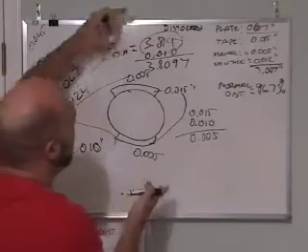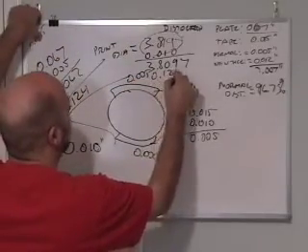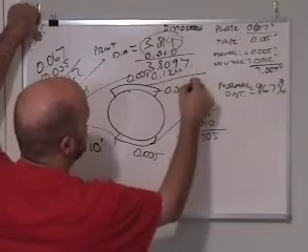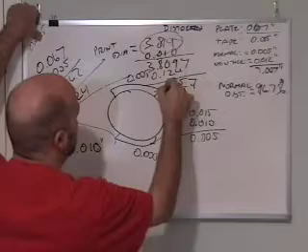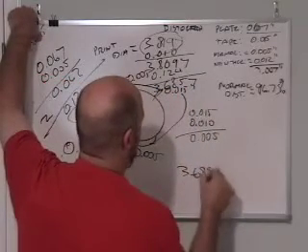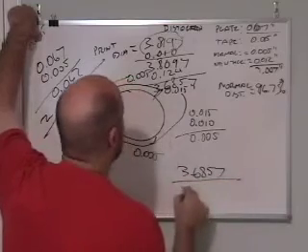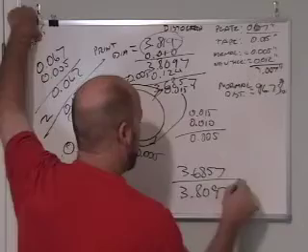So we're going to go down from this now 0.124 inches, and that'll be 3.6857 divided by 3.8097 equals